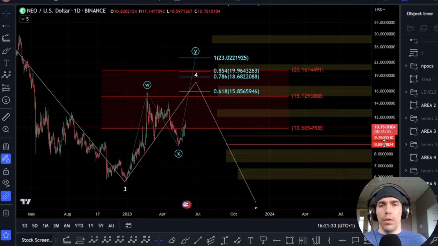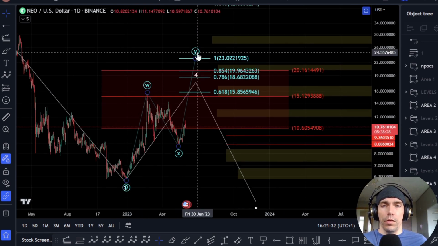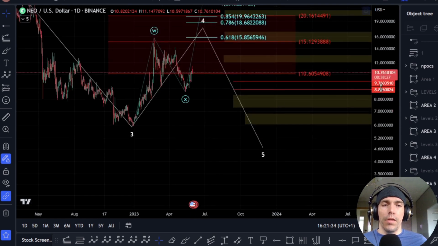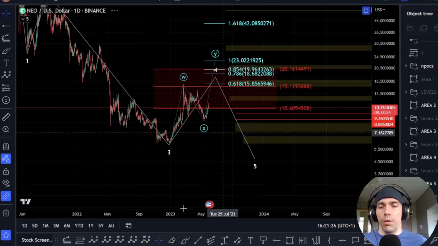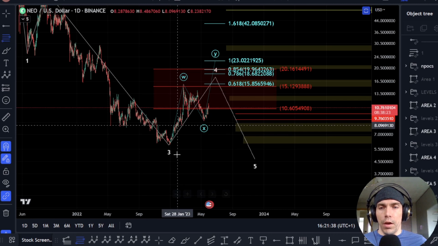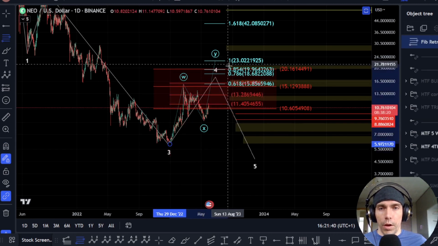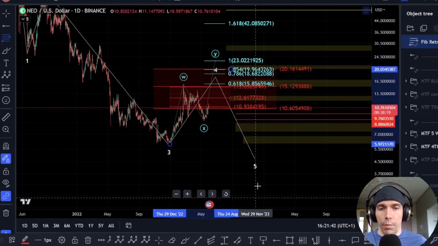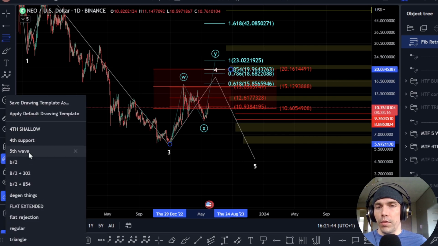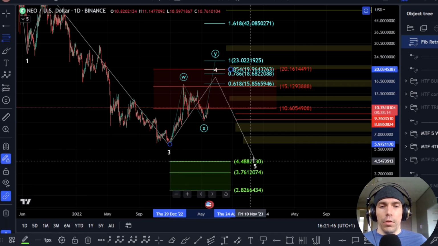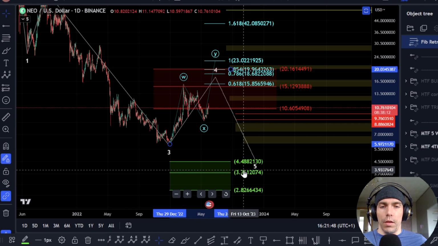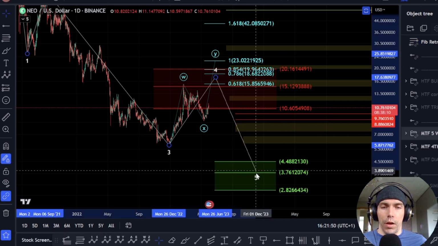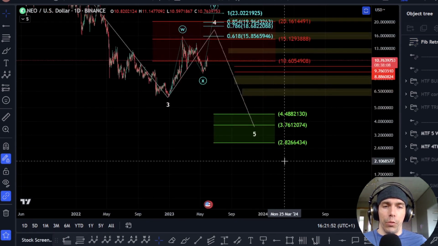Now, if we are looking at this playing out as a W, X, and a Y, what we'd be looking for then is that potential of this 5th wave still to come down one more time. Now, the target area for this as a 5th wave would actually, depending on how high we come here, I'm going to go into that 50%, which would be that $20.16. What we could then see is actually this 5th wave target area would be here towards this $4.48 to